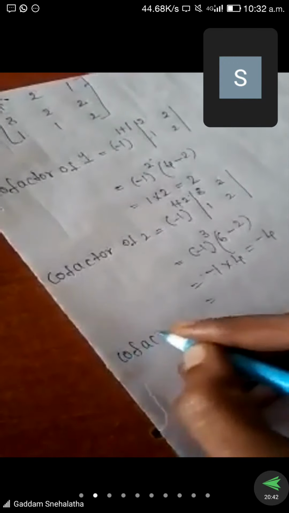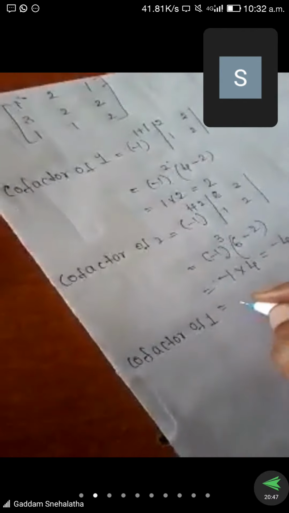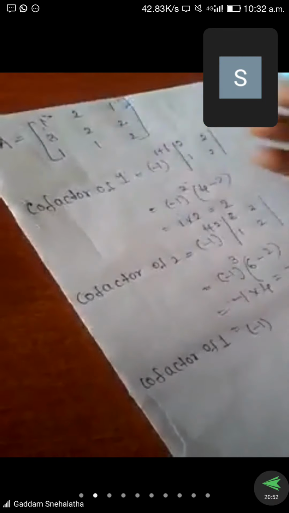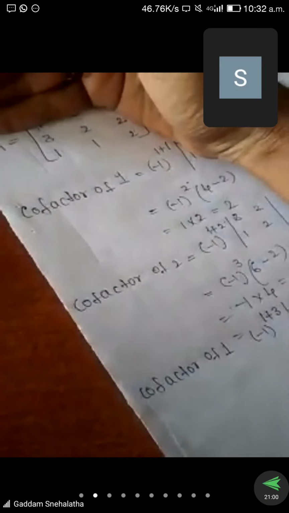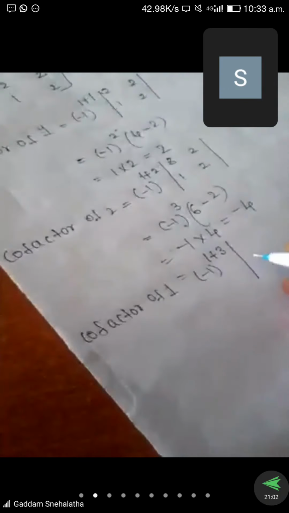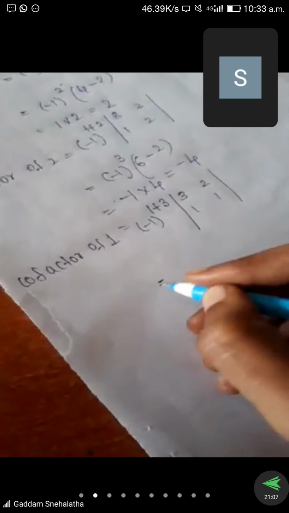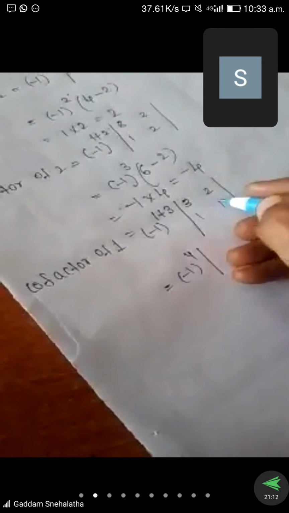Next, the cofactor of the next element, 1. Cofactor of 1 is equal to minus 1 to the power of, it is in the first row and third column, so row number 1 plus column number 3. If I leave this row and column, the remaining are 3 2 1 1. So we write 3 2 1 1. What we get is minus 1 to the power of 4. So 3 times 1 is 3 minus